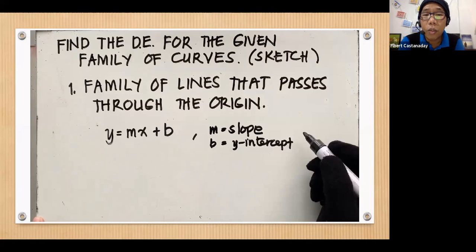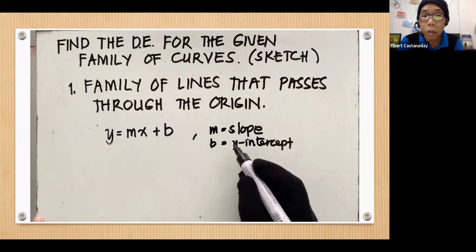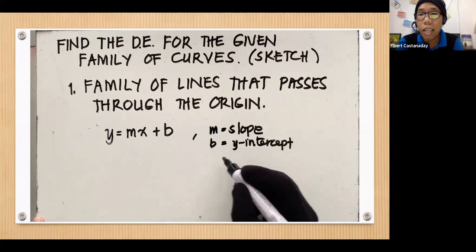Okay. So hindi pa ito yung final na equation na gagamitin ko para ma-solve ko yung DE. So I will sketch first para malaman ko kung baka fix na yung slope or baka fix na yung intercept. But sabi nga, a family of lines that passes through the origin, ibig sabihin,